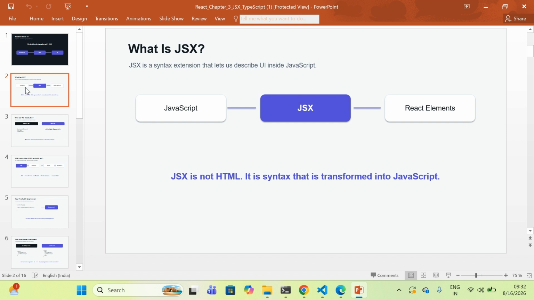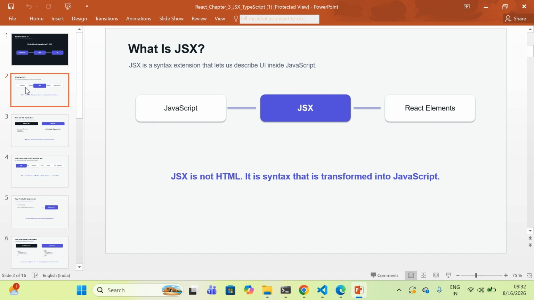Now I want you to remember one important distinction from the very beginning. JSX looks like HTML, but JSX is not HTML. It is a syntax that gives us a much cleaner and more readable way to describe what our React components should render.